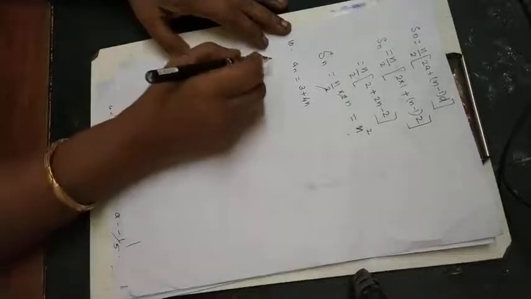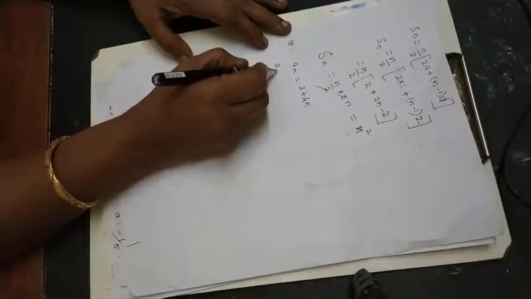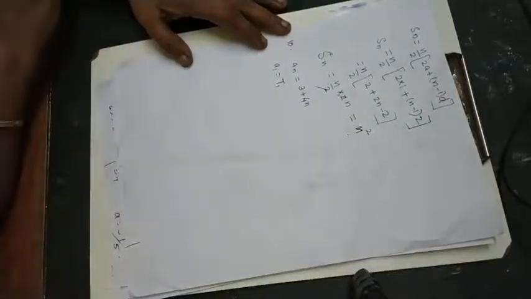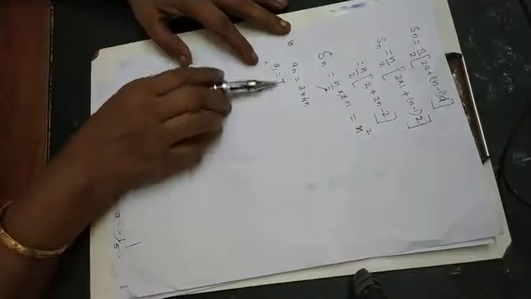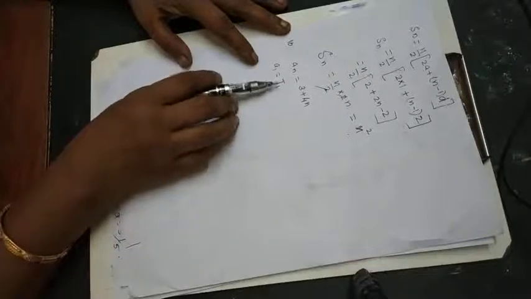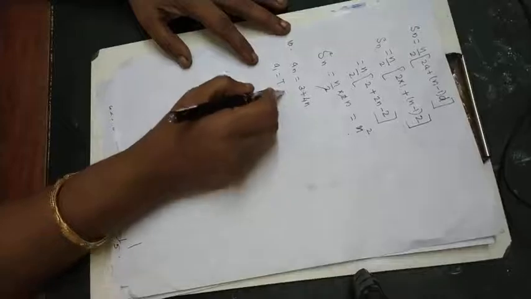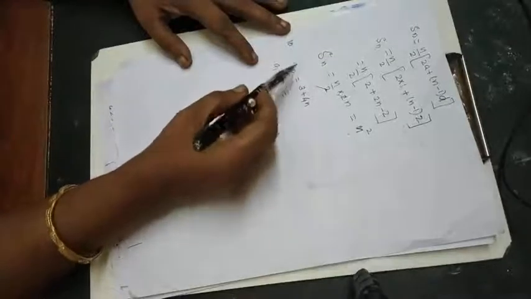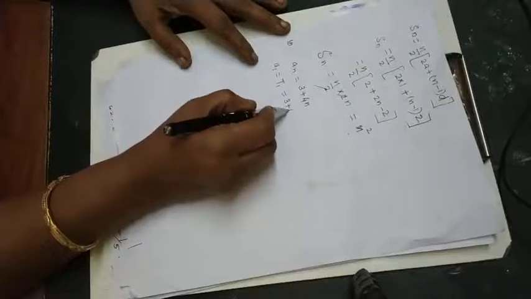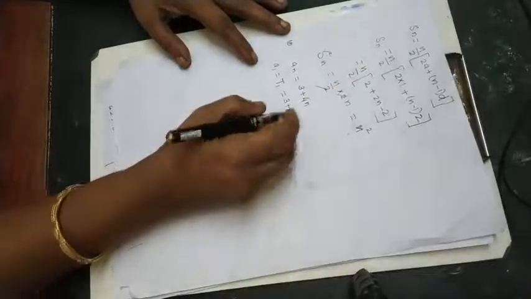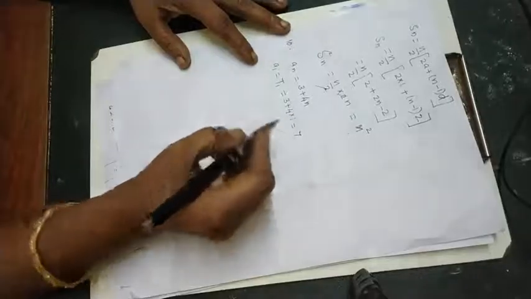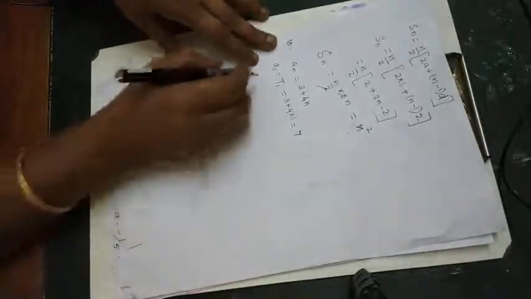Okay, so let us first find A1, or term 1. Whichever you feel easier, you can put that name. I wrote both. If you want A1 you can write A1, or if you want T1 you can write that. So instead of n you write 1 there. So 3 plus 4 into 1. So 4 into 1 is 4, 4 plus 3 is 7. So our A1 is 7.